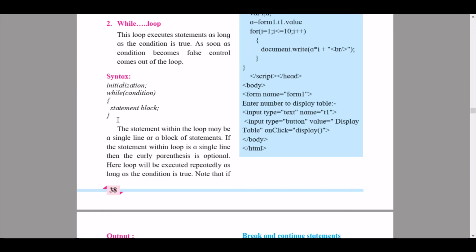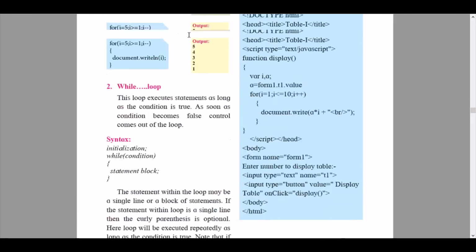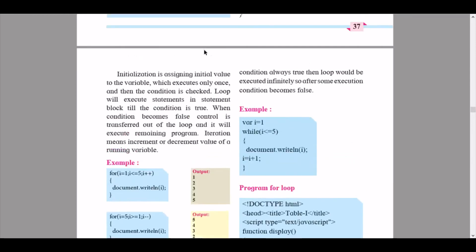Here, the loop will be executed repeatedly as long as the condition is true. Note that if the condition is always true, then the loop would be executed infinitely. So after some execution, the condition becomes false.